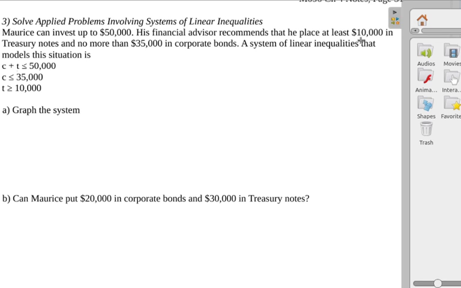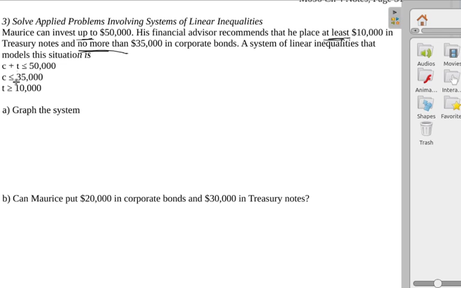If he's placing at least $10,000 in treasury notes, that means T should be at least $10,000, greater than or equal to $10,000, and no more than $35,000 in corporate bonds. So C should be less than or equal to $35,000. You can see how each time we say up to, or at least, or no more than,